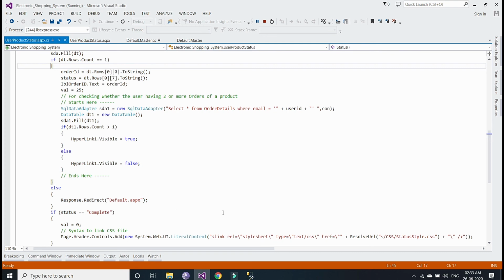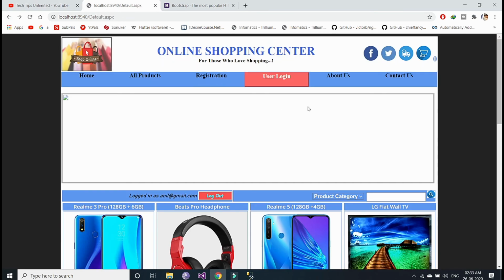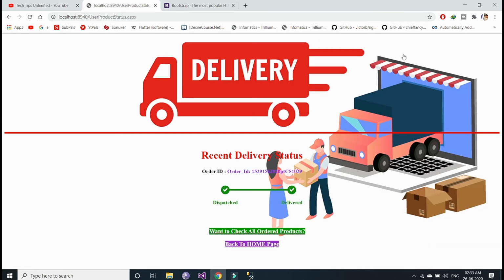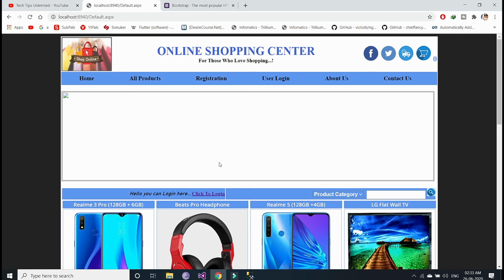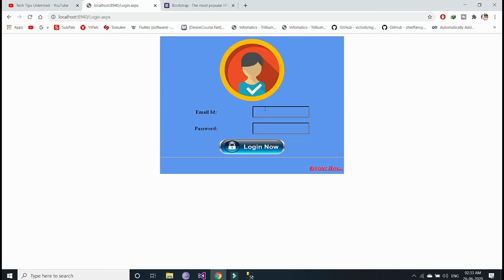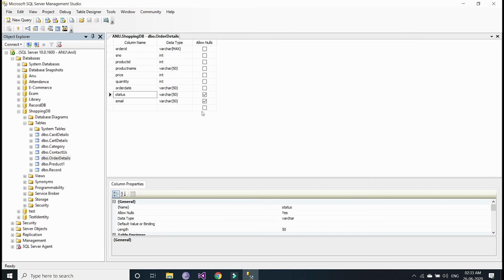Suppose the user clicks on this and hasn't ordered any product yet, then it will redirect the user to the default page. So let's see whether we have any user who hasn't placed any order yet.